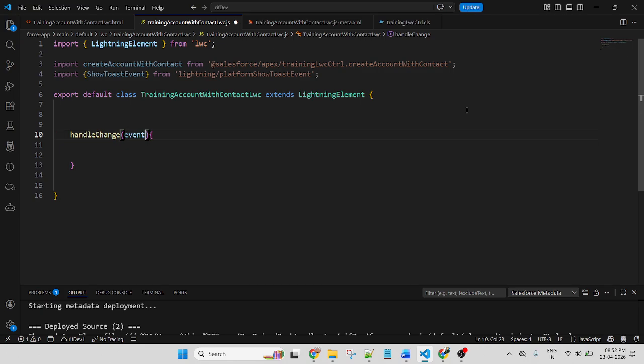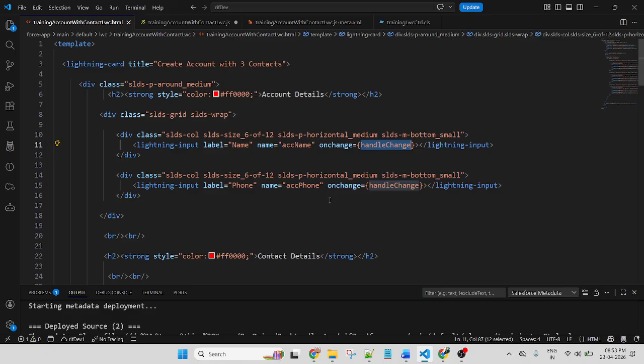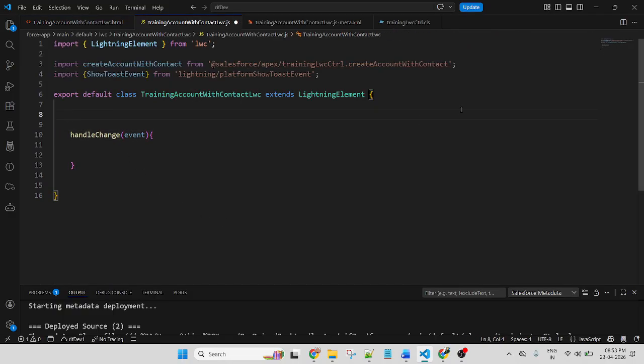So event. In the last session, you know how to get the current input value. In this session, we will use another approach, because if you use multiple, let's suppose account name, then phone, then first name, we need to create multiple variables.